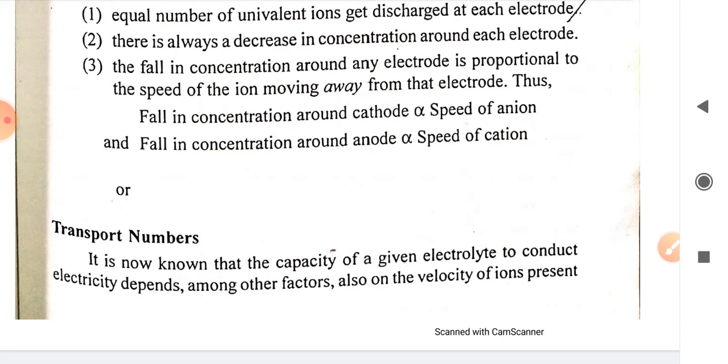but since there are differences in the sizes of cation and anion, there is a difference in the velocity or the speed of that particular ion. So there might be a case in which the cation is smaller and the anion is bigger, due to which the cation will migrate faster because of the smaller size, since it will have less repulsion from the other molecules, so it will be transported quite a bit faster in comparison with the anion.